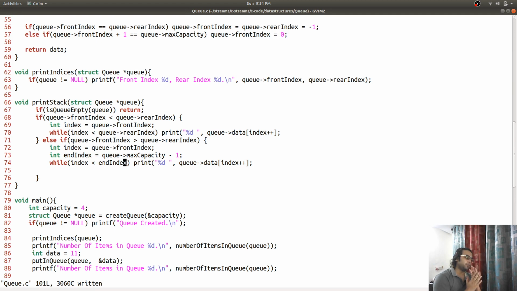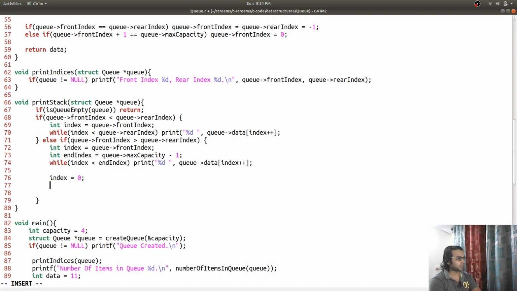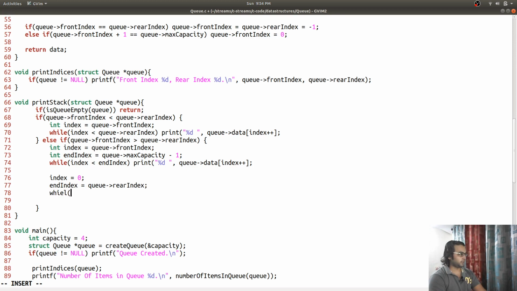Then we will have to start from the 0th index to the index that the rear index of this queue points to. So the start index is going to be 0, and next the end index is going to be the rear index, and while